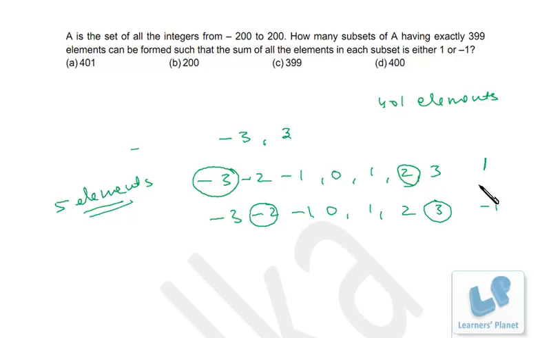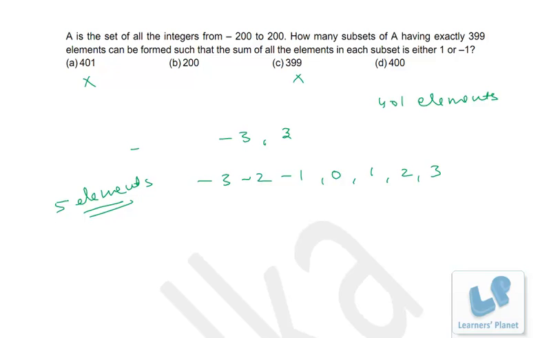So the same number of times we will be getting 1, the same number of times we will be getting minus 1. So in all, the total number of sets will be an even number. The same thing will be applied over here also. So these 2 options are eliminated. After that, similarly, if you take minus 2 from this side and 1 from this side, and just add the remaining numbers, minus 3 and 3 is cancelled, so 2 minus 1, you will be getting 1 only, right? So the same procedure if we follow for this also, over here I just calculated for final.